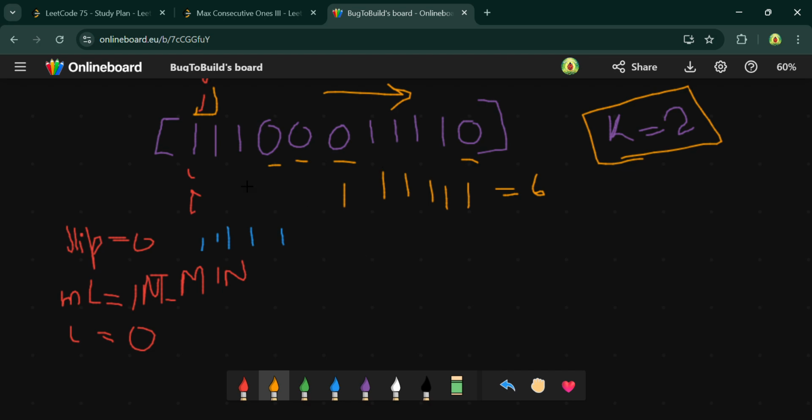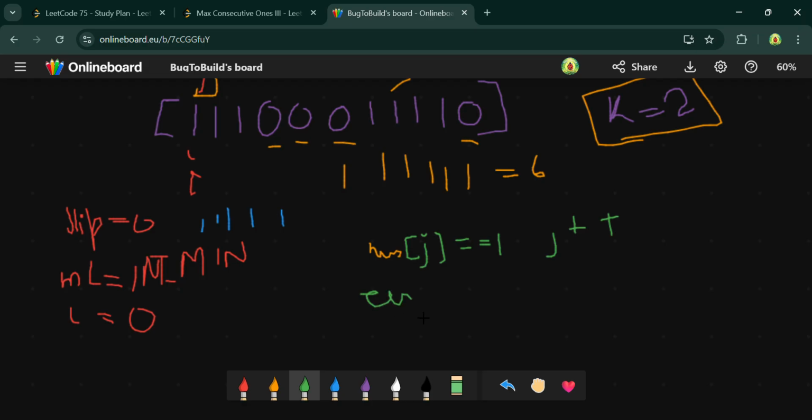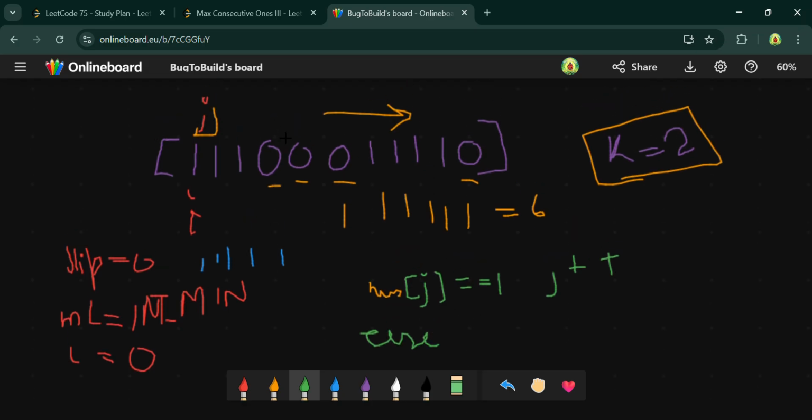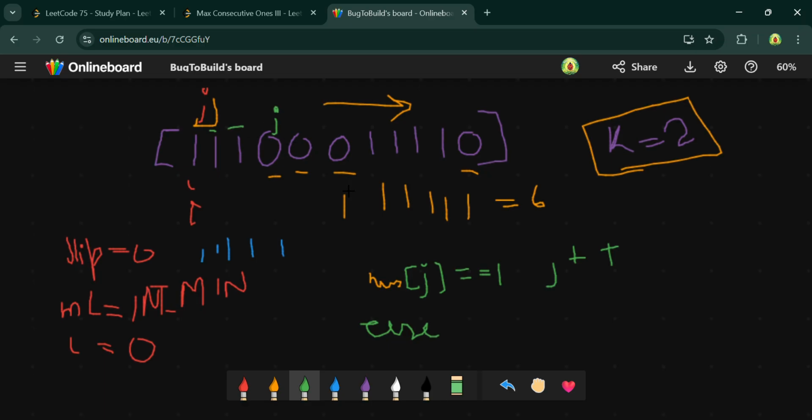If nums of j is equal to 1, I just have to do j plus plus. Okay, then I just have to do j plus plus, else, if it is not, then j will move here, because this will j plus plus, j plus plus, and j will move here. Okay, and if it is not, then